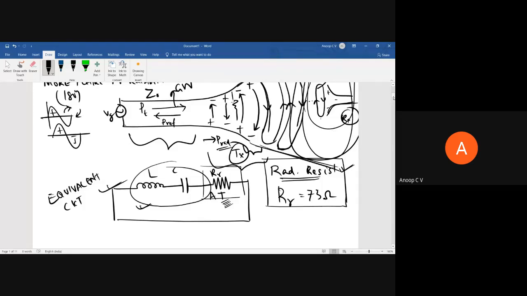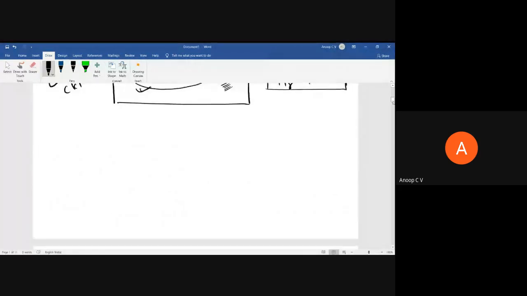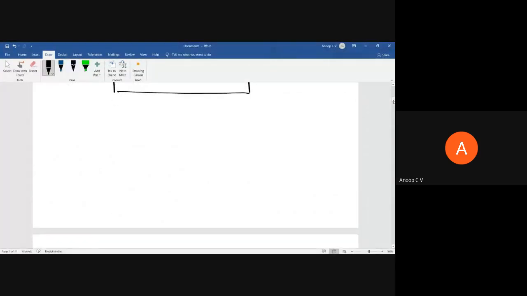Now again, we'll come back to the half wave dipole. We said that when the flare angle is 180 degrees, there will be maximum radiation. So you can consider a half wave dipole. This length is lambda by 2, and this length is lambda by 2. And you can see that at any given instant there will be plus here and minus here, or minus here and plus here. It will alternate, as it is a sinusoid, a harmonic, which is given here.